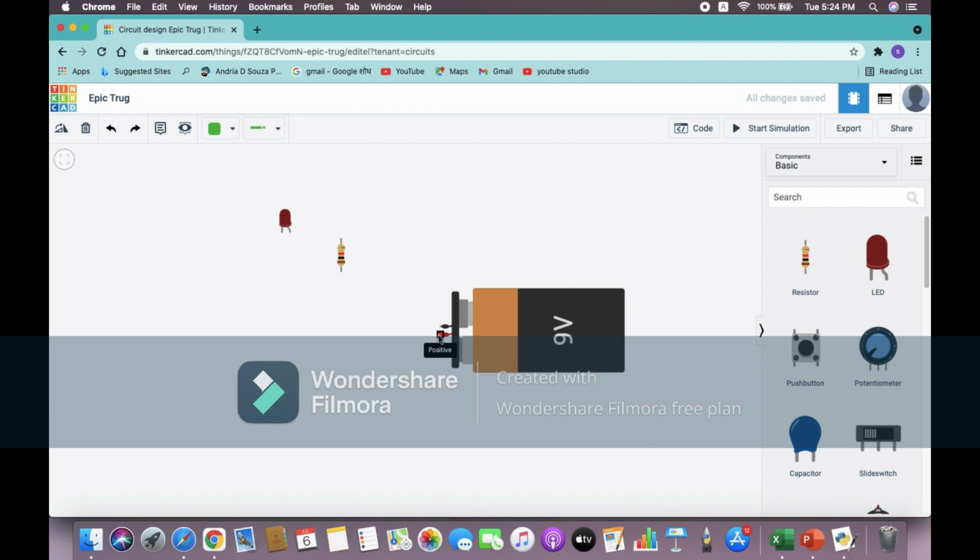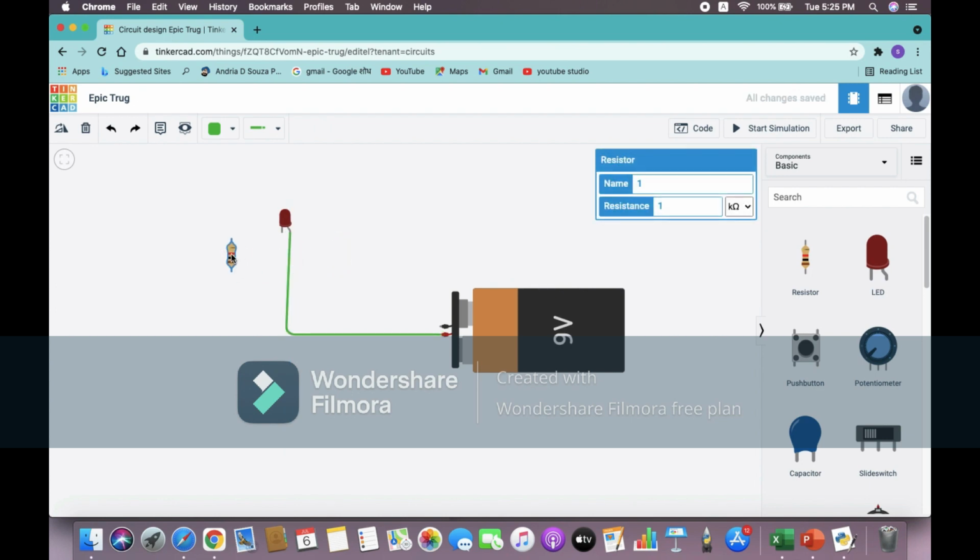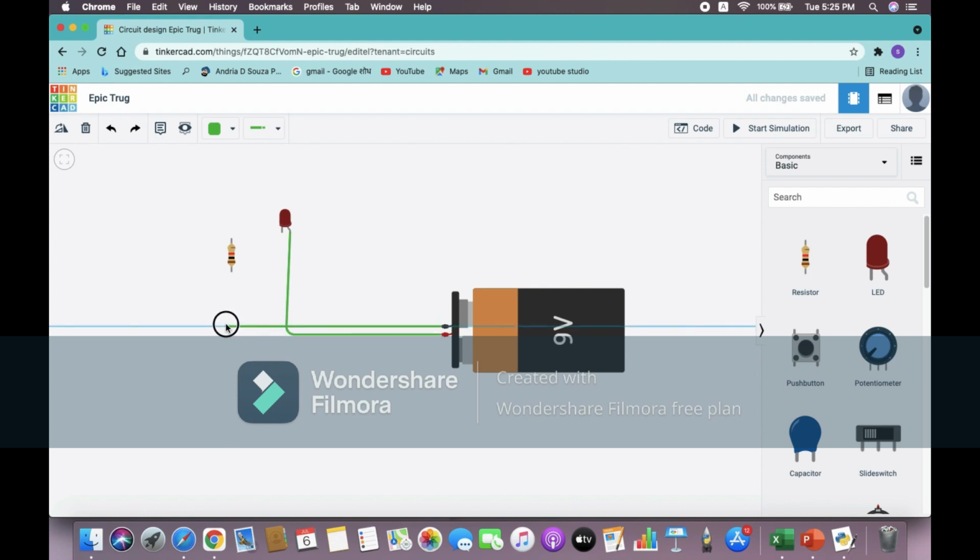Now what I am going to do, again I am going to join the positive wire of the 9V battery with this anode, and I am taking the negative wire from this 9V battery and joining the wire with this terminal 1. Then from terminal 2 I am taking another wire and joining that wire with the cathode of LED. Now just click on this start simulation. What will happen? You can see now the LED is glowing over here.